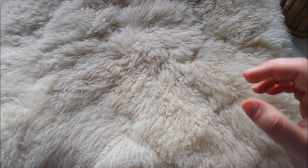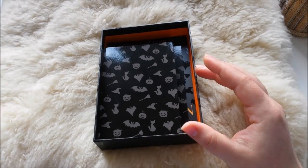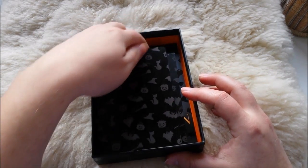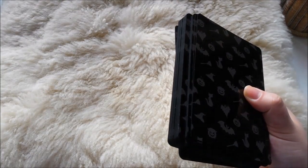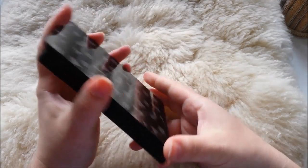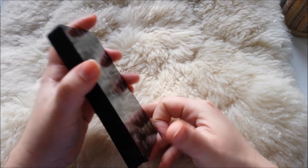The last Oracle I got was the Halloween Oracle. And of course, Kelly, I blame you. But that's not a surprise, right? So I love it. There's nothing more I can say about it. I feel pretty set with my Oracle decks right now, so I don't feel like I need to buy another